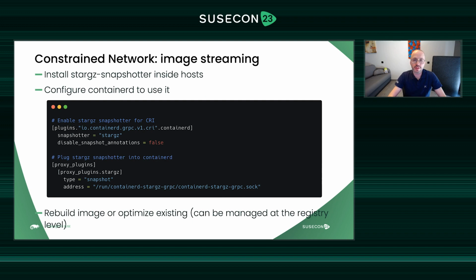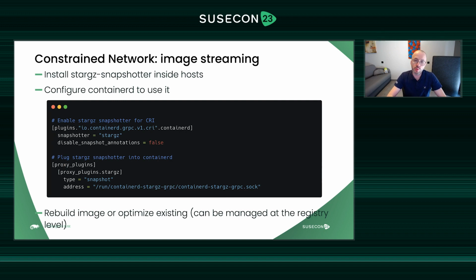This is pretty simple to put in place and to configure. There are two main parts. There is a process to install inside every Kubernetes host, and after that, you need to configure your containerd. I give an example of how to configure it, and that's less than 10 lines to put inside the containerd config file.